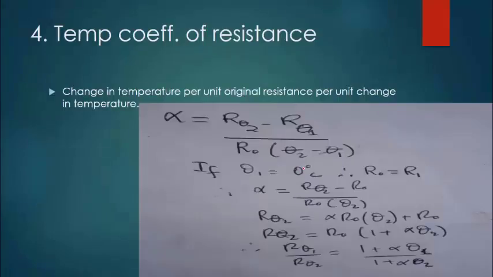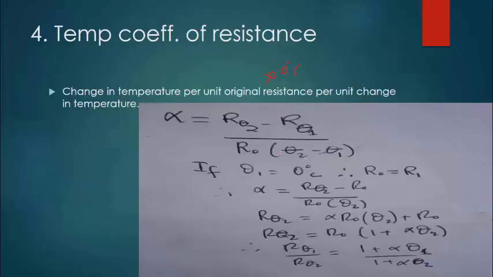Temperature coefficient of resistance. Actually, this is the change in resistance per unit original resistance per unit change in temperature. Usually this original resistance is taken at a temperature of 0 degrees centigrade. So it is the change in resistance per unit original resistance per unit change in temperature. So the expression is given by, this is the change in